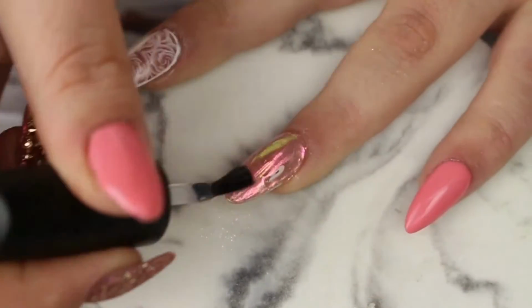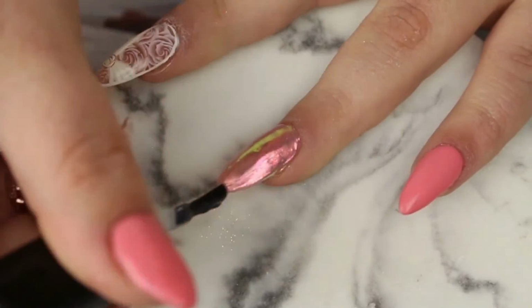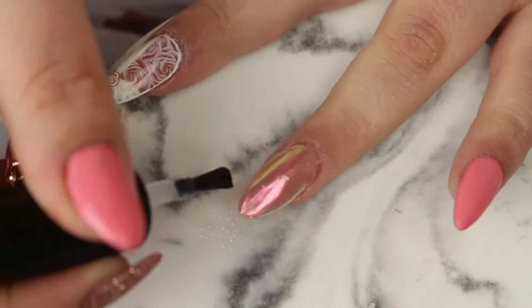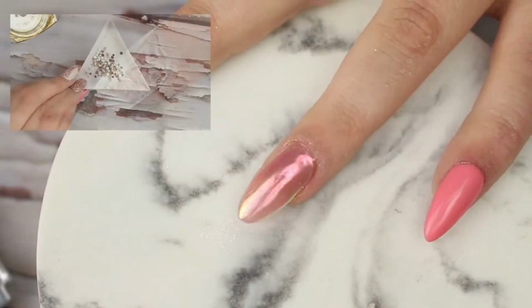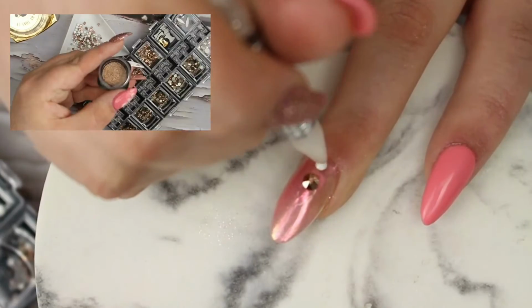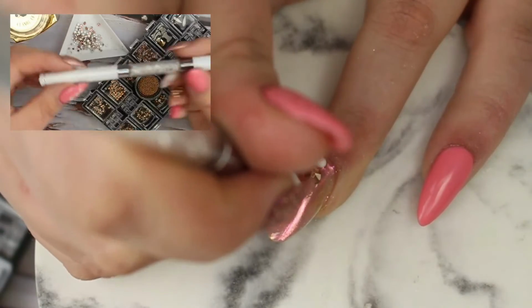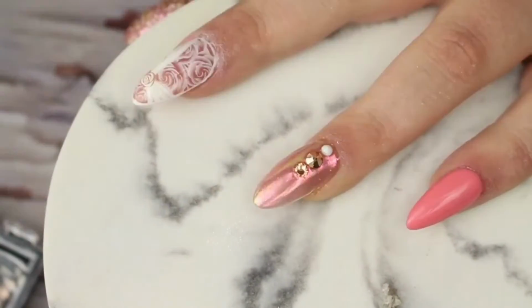So onto that wet jewellery gel, I then applied a layer of Kiki London's No White Rubber base coat, and this is what I'm going to use to secure my bling to. And then onto that wet gel, I'm going in with my bling this time. So I'm using 3 different colours of Swarovski crystals. I'm using blush rose, rose gold, and also Chalkwhite. I got the blush rose and the rose gold